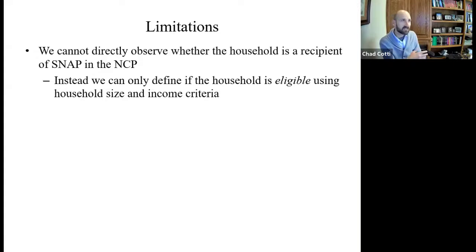During this time period, there was a 70 to 85% take-up rate, but there's going to be some portion of households that we define as treated that are really untreated, and therefore would have a zero effect relative to the reality that there is an effect, and that will be considered treated. So we kind of have to understand the limitations of that and what that will do to our estimates.